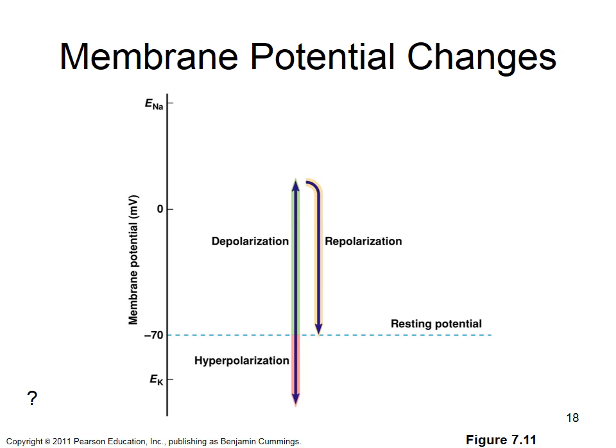Here we've got membrane potential on the y-axis. We have the equilibrium potential for potassium, which would be minus 94 down here, we've got resting membrane potential at minus 70, and we have the equilibrium potential for sodium, which would be positive 60. So we've got a cell at rest, blue dotted line. If it goes above rest, it's depolarizing. If it returns to rest, it's repolarizing. And if it goes below resting membrane potential, it's hyperpolarizing.